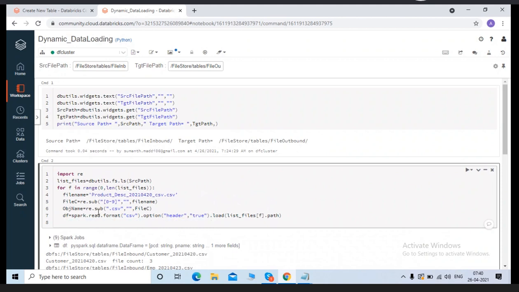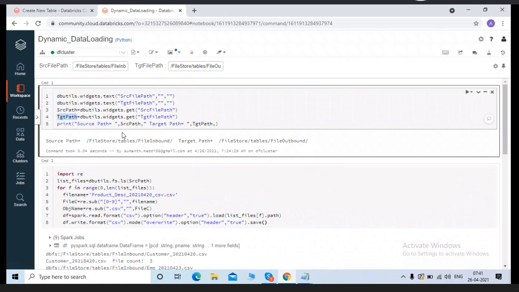Let me remove this count details also. What is our next step? df.write.format CSV. Let me use that mode also. Mode, let me use that overwrite operation. Just assume your files always truncate and load. Dot option header equal to true. Then you want to write the data right into this path, TGT path